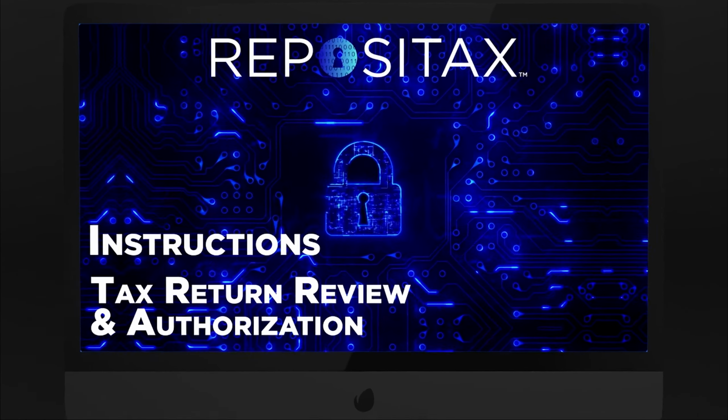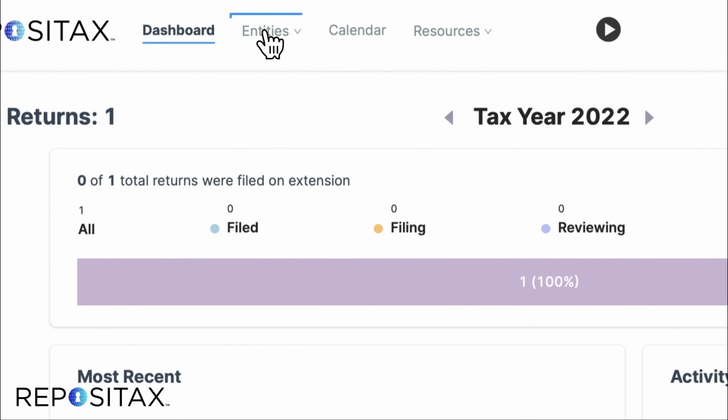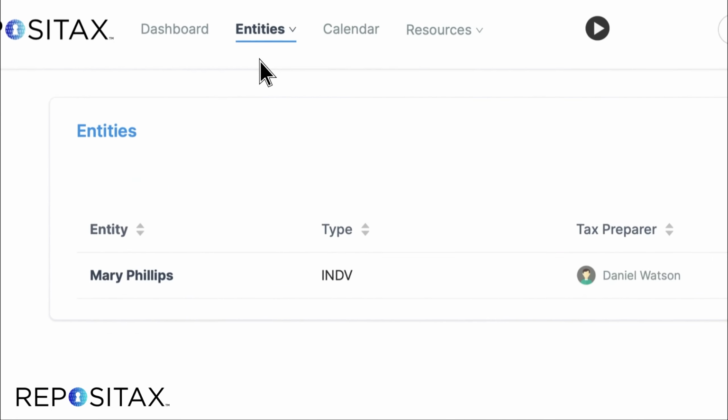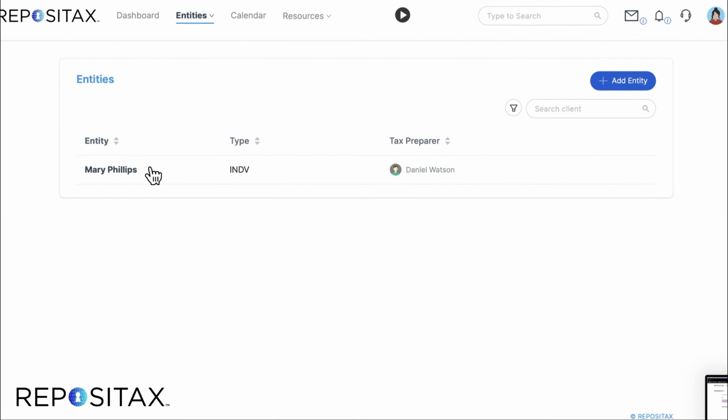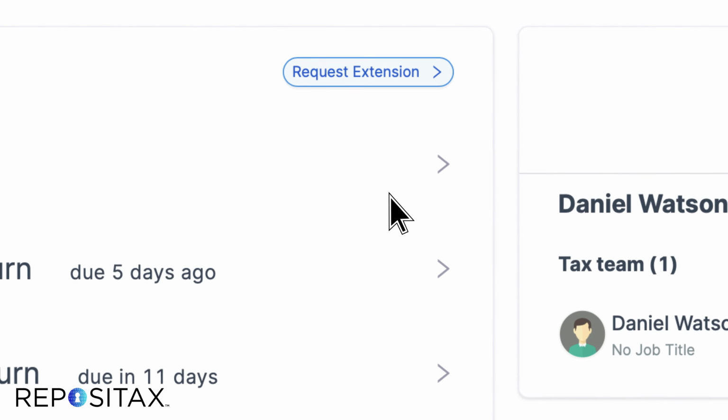Tax Return Review and Authorization. The first step is to navigate to your tax organizer to view your draft tax return. You do this by selecting from the top menu, Entities, Entity List. Then, click your name. Once inside of your entity, you need to click View in the blue bar to enter